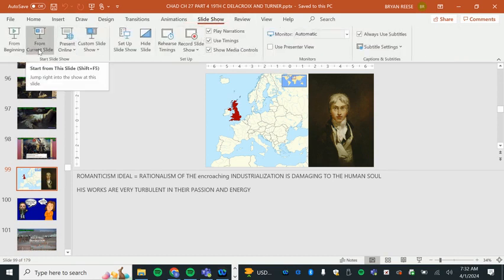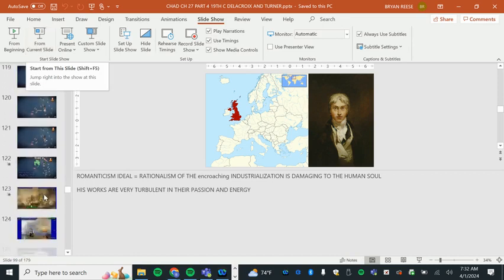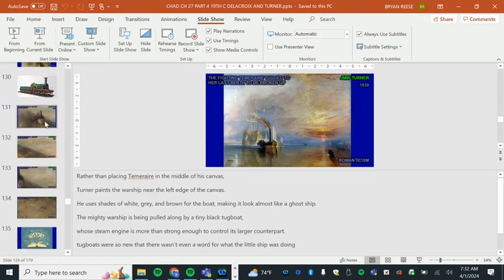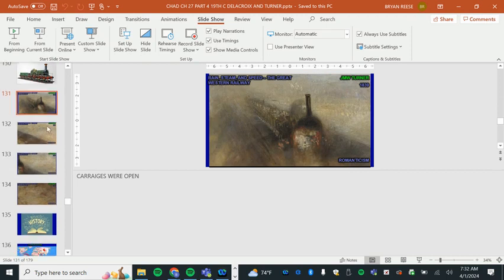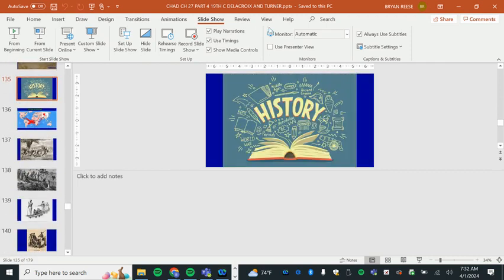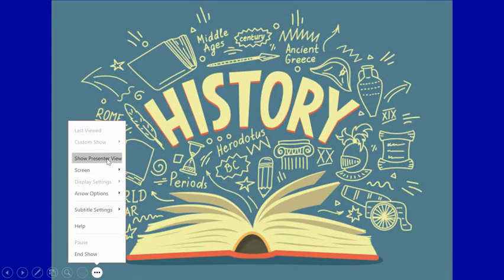I think I asked you guys to remind me to write his name down. All right, so did I tell you the story of the Temeraire? Okay. So we talked about the ghost ship. All right. Did we talk about trains and locomotives? All right, I remember now where we left off.